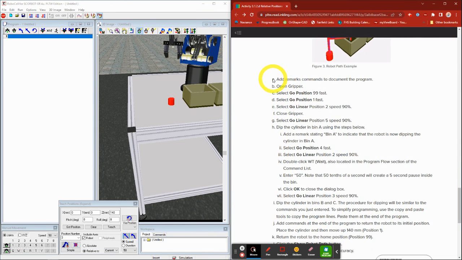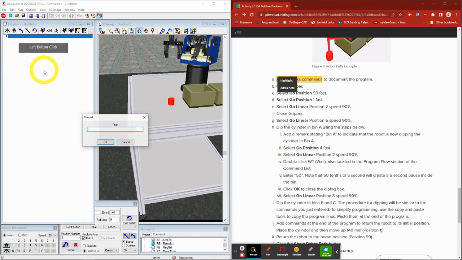So they kind of go through all those right here. They tell you to add remarks. So again, if you're in your program screen, you can either go down to your commands and find where your remarks are, which should be under program flow. And you can see it's RE, remark, or you can just type in the window RE and it'll bring up